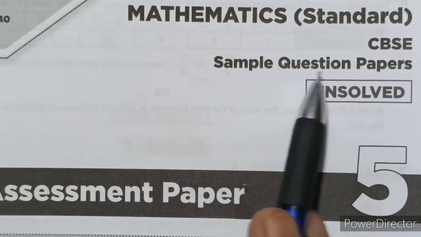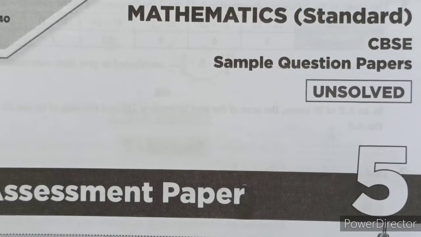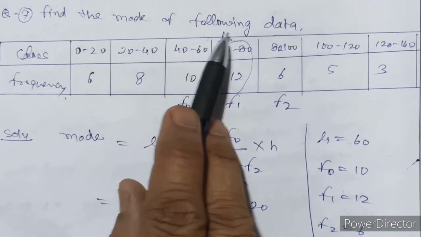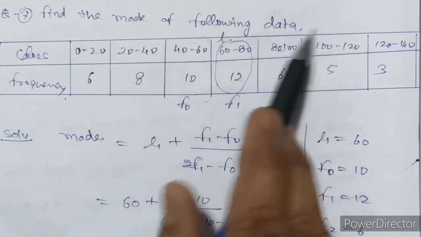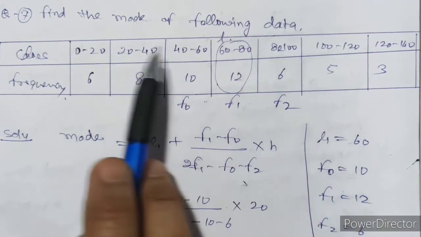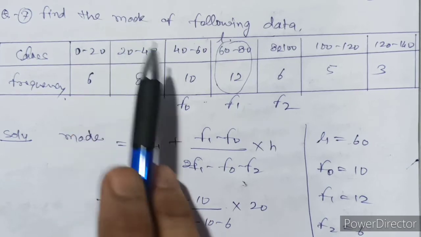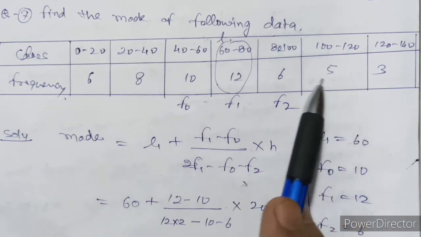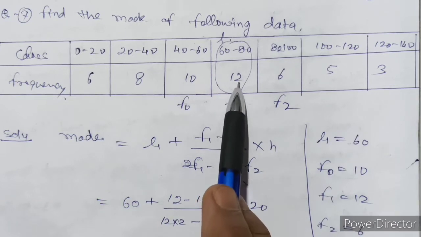आज हम पुनः आपको सैम्पल पेपर अनसॉल्व 5 नंबर का पेपर का पार्ट बी की स्टडी कराएंगे। क्वेश्चन नंबर 7, फाइंड द मोड ऑफ अ फॉलोइंग डाटा इन गिवन वैल्यूज। तो आपके पास क्लास एक तो दिए हुए, एक फ्रीक्वेंसी दी हुई है, मोड फाइंड करना। व्हाट इज द मोड? मोड इज द मैक्सिमम फ्रीक्वेंसी ऑफ अ गिवन डाटा। In here 12 is the maximum frequency, so that is the